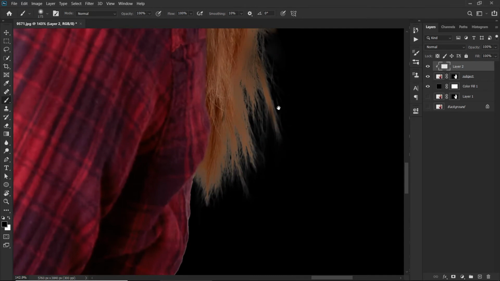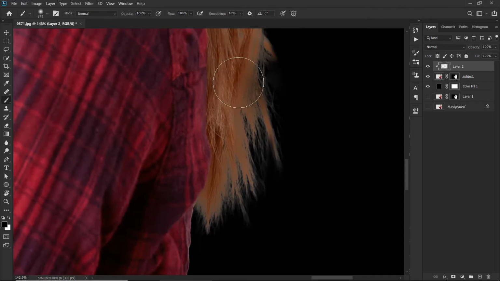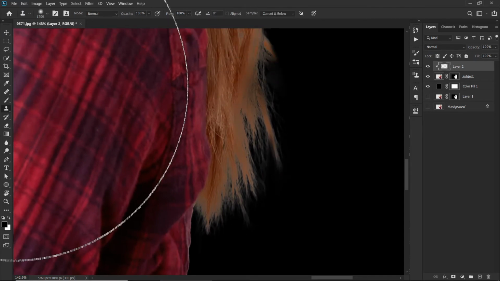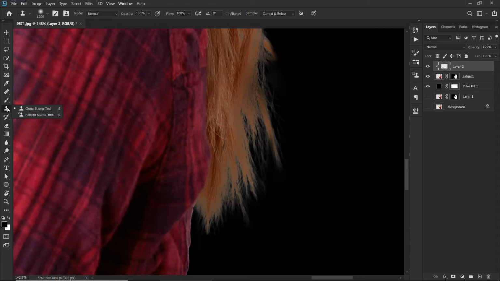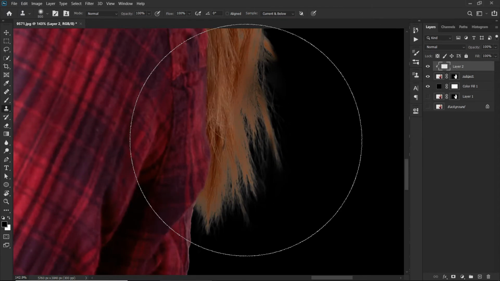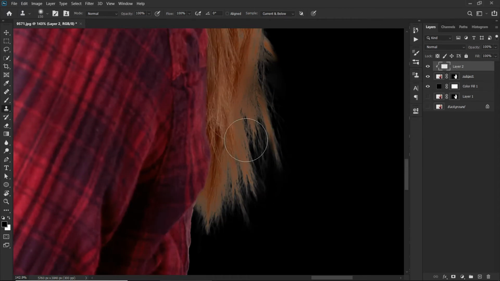So what we are going to do now, we are going to first use our clone stamp tool. So press S to select the clone stamp tool, or simply just select the clone stamp tool from here. And let me just reduce the size of my brush, and we are going to take the sample from this hair, and we are going to patch it to this side of this hair.